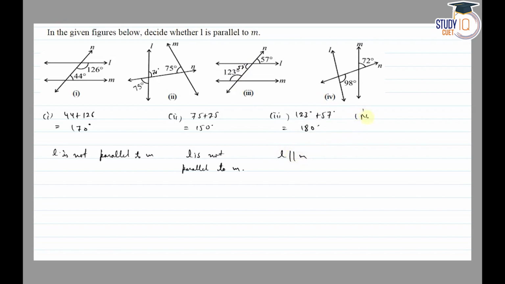Then in fourth, here 98, so this is 72, so this will also be 72, vertically opposite. So 98 plus 72 is equal to 170, not equal to 180. So L is not parallel to